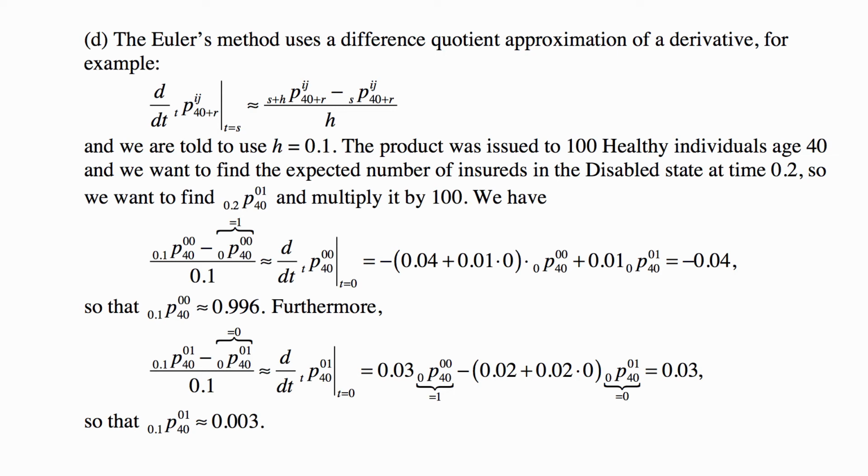Although I'm going to have a little bit of an issue with the way the SOA wrote out the solution, because we can do this approximation immediately for the derivatives on the left-hand side of the Kolmogorov forward equation when we start at age 40 and we've moved forward, but we don't have Kolmogorov forward equations at age 40.1. We actually don't. We wrote them out differently, and that's what you see in what I gave you and in the SOA solution they published.